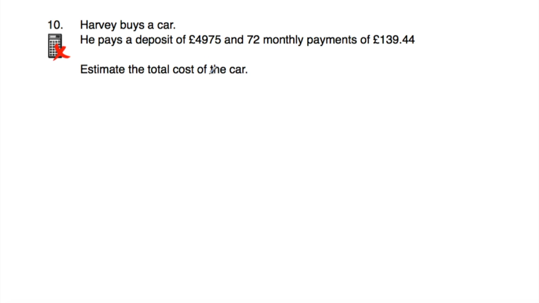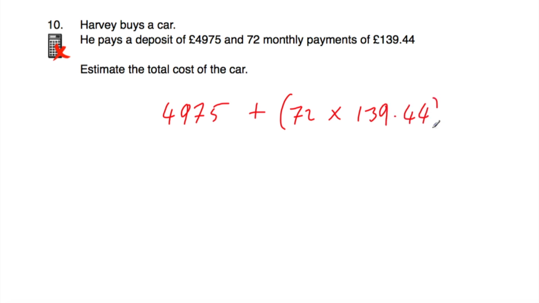So if we want to work out the cost of the car, what we would do is take the deposit, the £4,975, and then add 72 payments of 72 multiplied by £139.44. So if we take the monthly payment, multiply that by 72, that's the total amount that Harvey would pay in monthly payments, and then we would add on the deposit. Now we've been told to estimate this, so let's round the numbers to some nicer numbers. So let's say approximately equal to 5,000 plus,